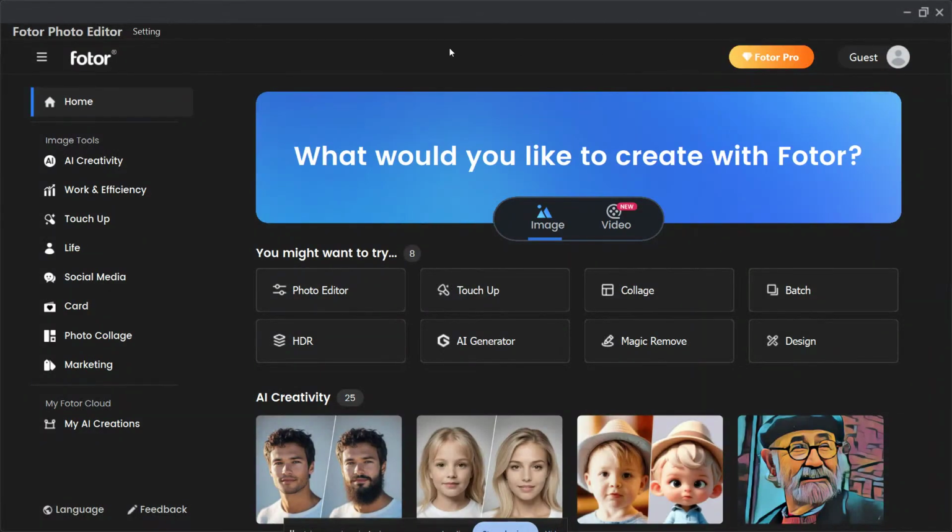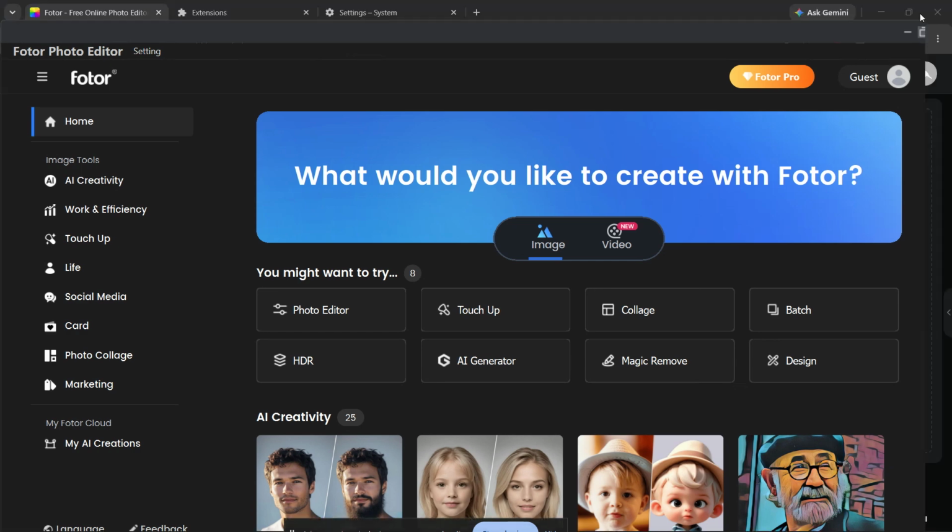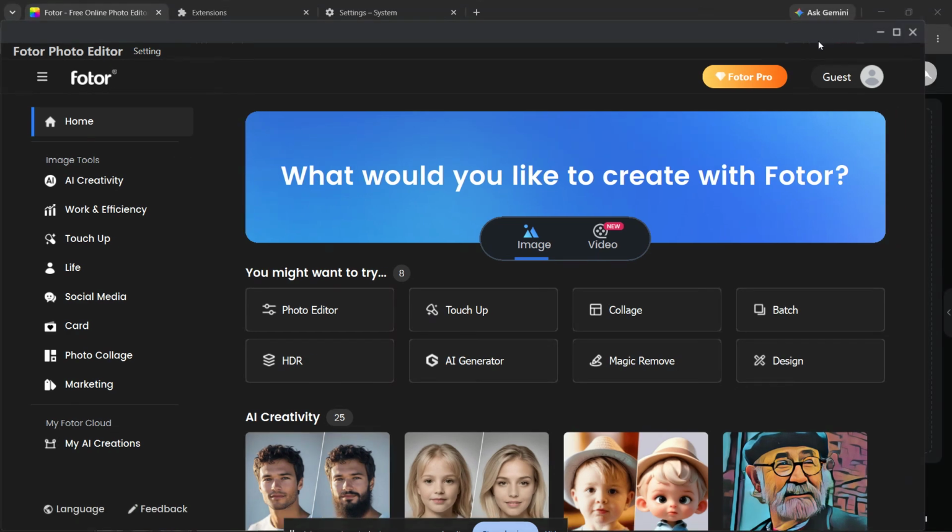If Fotor is not responding on your Windows PC, don't worry. In this video, I'll walk you through the quickest fixes step by step so you can get the app working again without wasting time. We're going to start with the easiest solution first, then move into deeper fixes if the